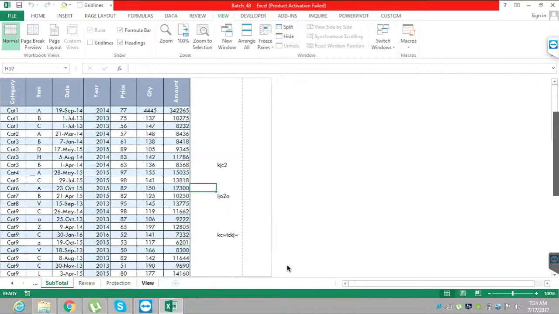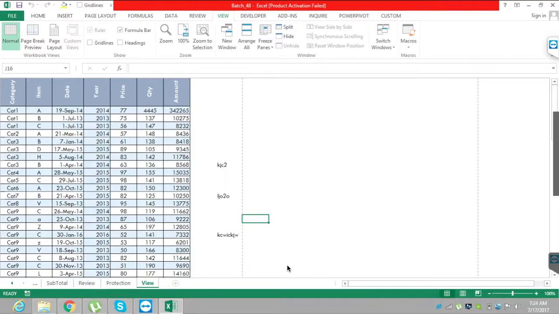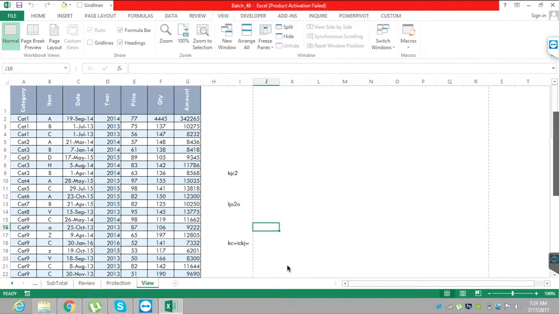Just go to view and see. Okay. So wherever you make any changes, that will be applied for the actual workbook. Okay, it's a very useful option. And then the next option that we are having,